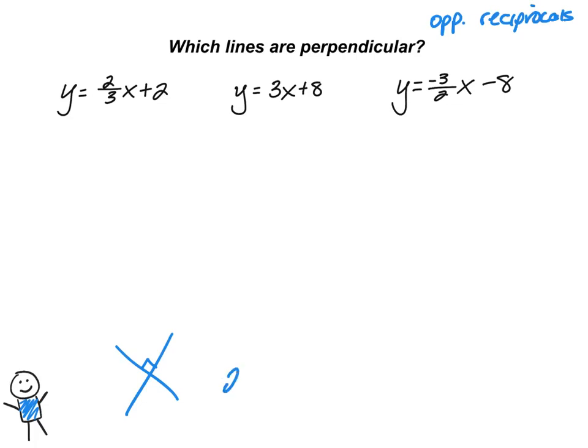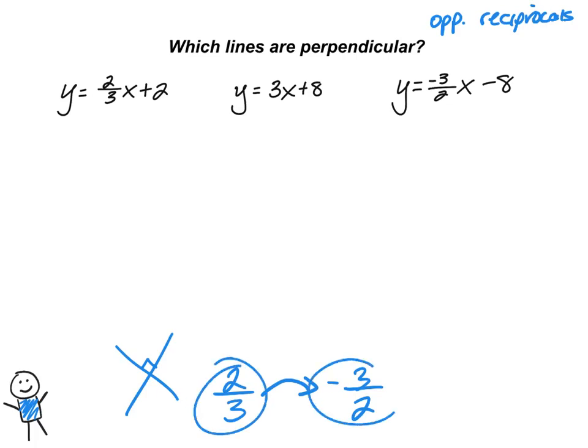If I have a slope of 2/3, the opposite reciprocal of that would be if I flipped it and changed the sign. So if I have a line that has a slope of 2/3, a second line that has a slope of -3/2, those two lines are perpendicular to each other. So let's take a look at our examples up here and see if we can figure this out. The slope of the first line is 2/3. The slope of the second line is 3. And the slope of the third line is